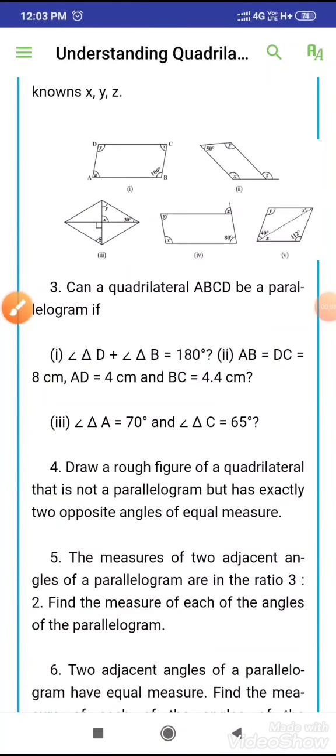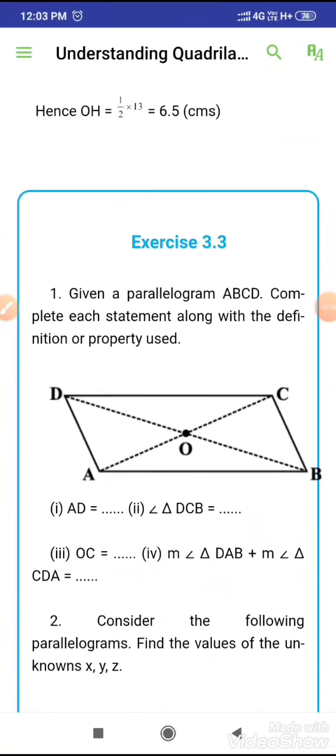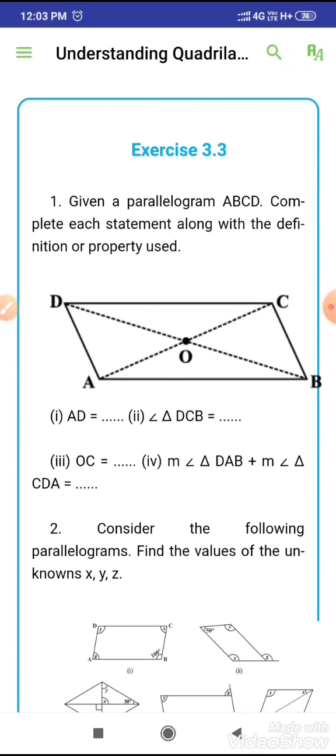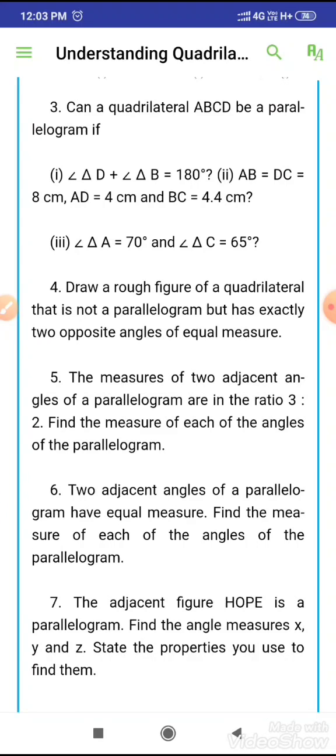Hello students, in this video we complete exercise 3.3 of class 8th. In our last video we did only 5 questions of exercise 3.3, and in this video we start from question number 6, and question number 6 is